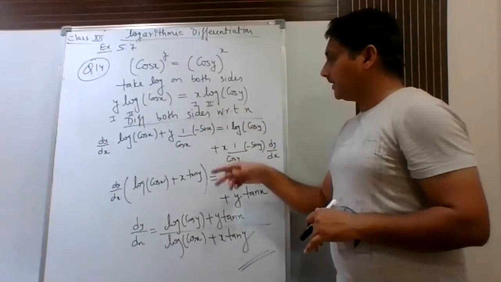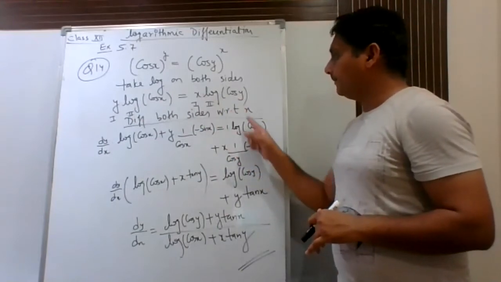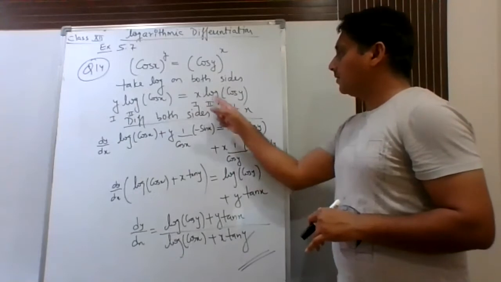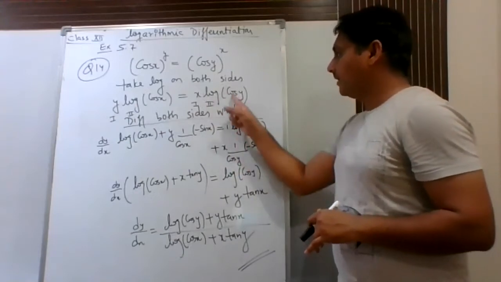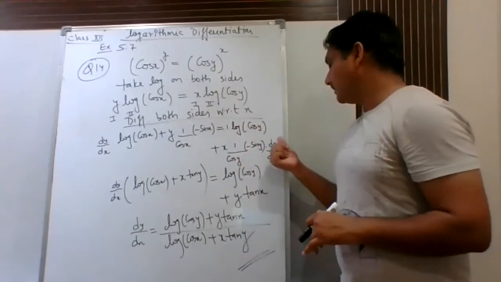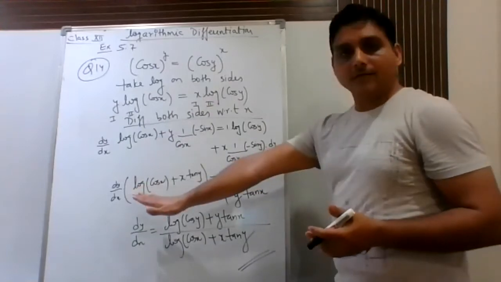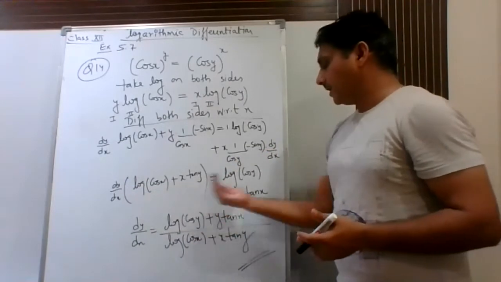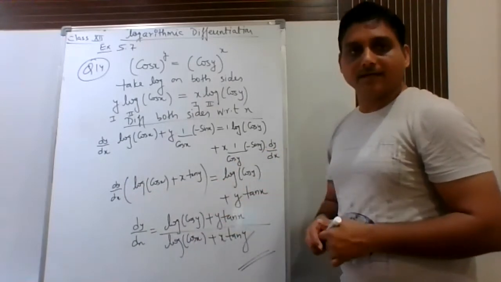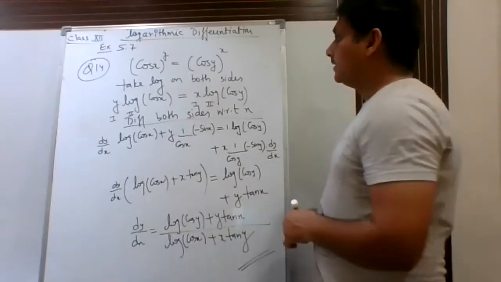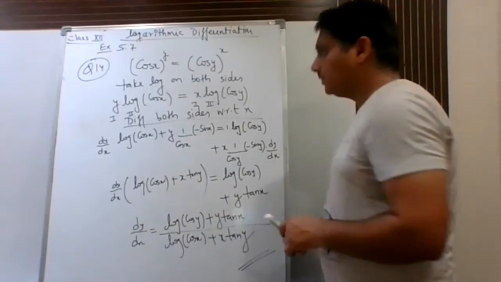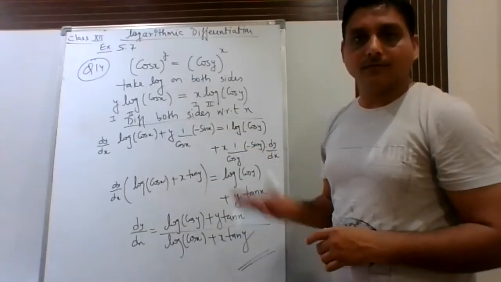Now here on this side it will be 1 times log cos y, then x as it is. Now the derivative of log cos y will be 1 upon cos y times minus sin y, then dy upon dx because of the chain rule. Just club all the terms of dy upon dx together, keep the remaining terms aside, and finally we will get the answer. So after this, you can write down question number 15 of this exercise.